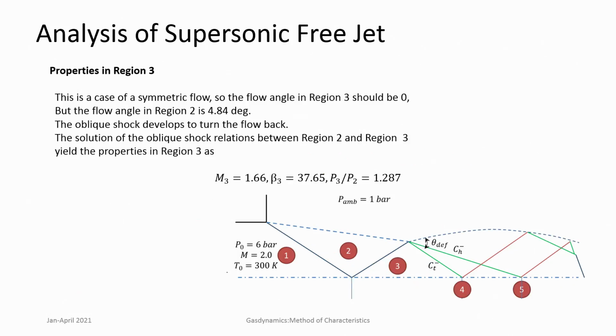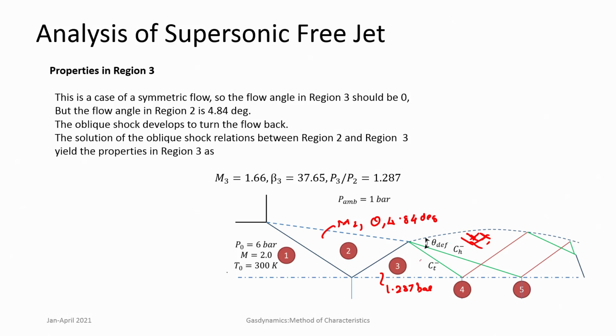Now, it is a symmetric flow. So, between 2 and 3 another shock forms, and again you can calculate it. You know Mach number M2, then you know what the flow deflection should be, it is the same 4.84 degrees. Therefore, M and theta are known, you can find out all the other parameters, such as P3 by P2 and so on. So, here pressure becomes 1.287 bar. Now, pressure has increased by 0.3, but again you require in this particular region a constant pressure of